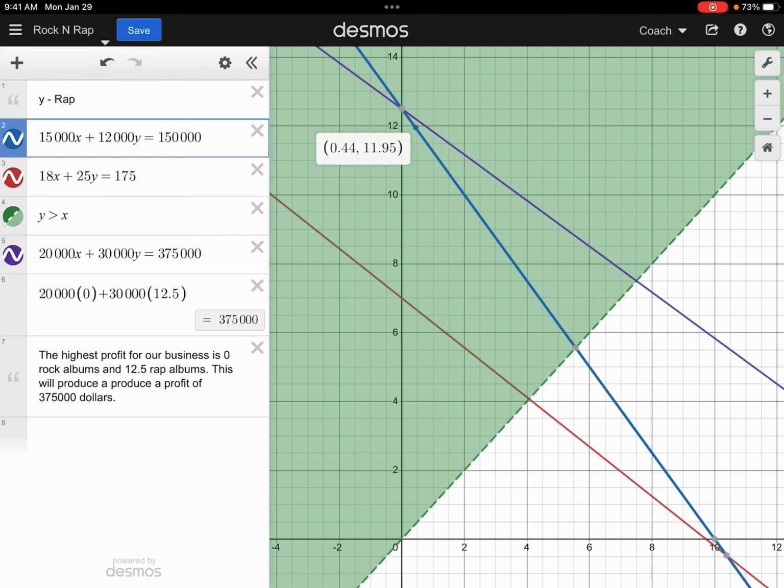Maybe it's 0 and 12, or maybe it's 1 and 12. Okay, I have to think about the actual possibilities for the business. Okay, not necessarily what the graph's telling me. The graph is going to lead me to a place that we have to make sense for a real life scenario, for a possible real